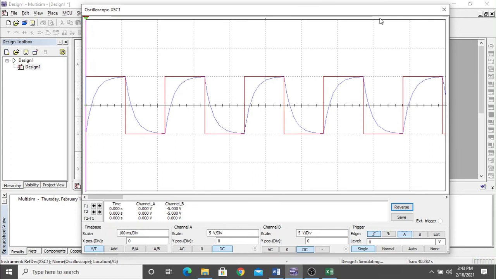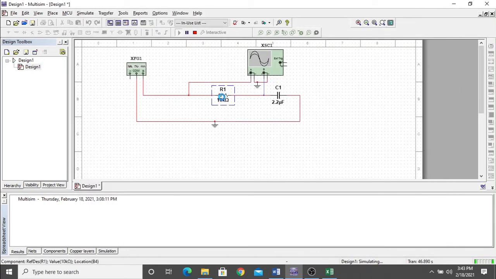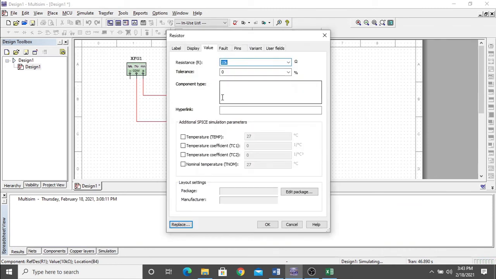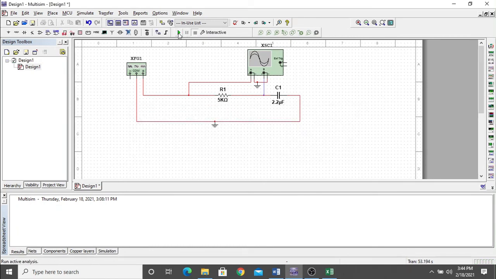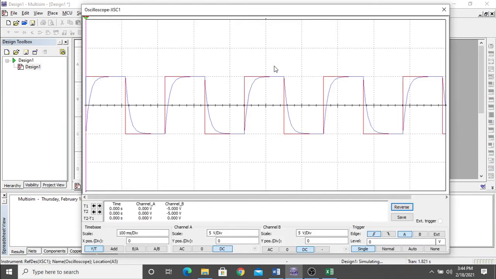So what if we are going to change our resistor or capacitor, what will it affect? Okay, let's suppose our resistor is going to be 5 kilo ohms. So what will happen is it's charged earlier than before.